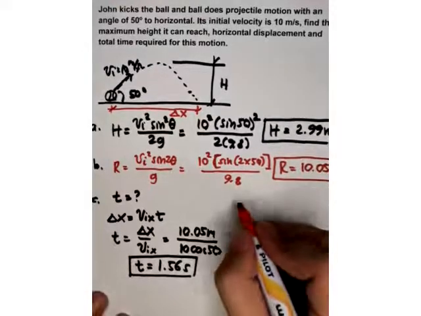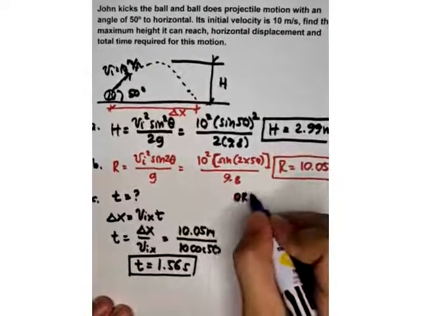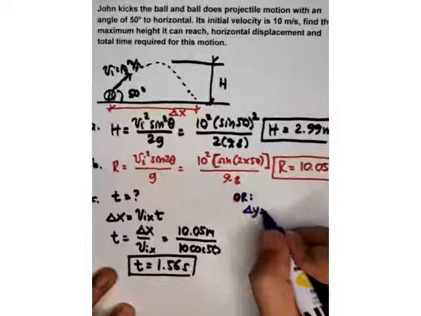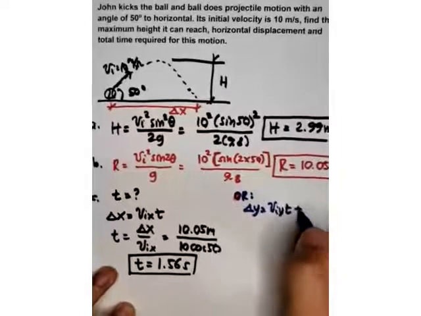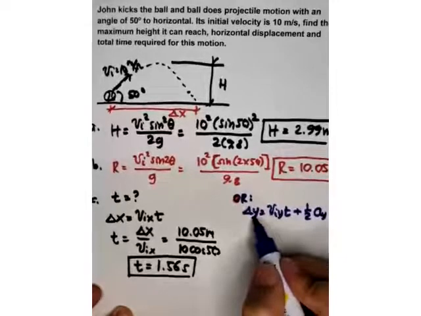Or we can use another formula. So, or we can use another method. So, or gusto nyo siya sa delta y is equal to Viy t plus 1/2 ay t squared. So, that's the same. Kaya lang, pag delta y yan, so anong